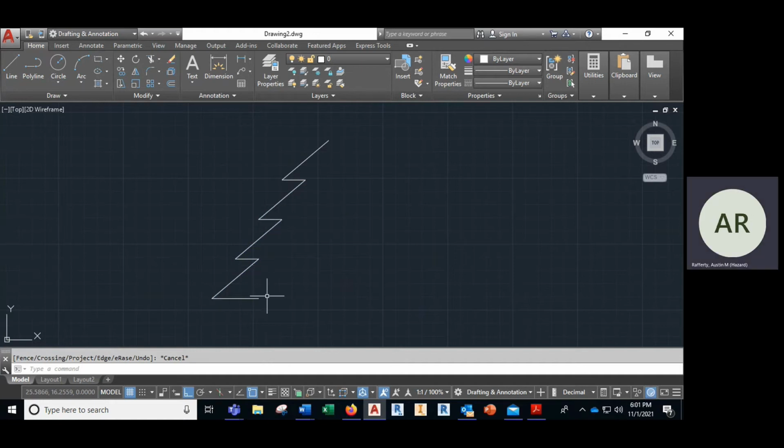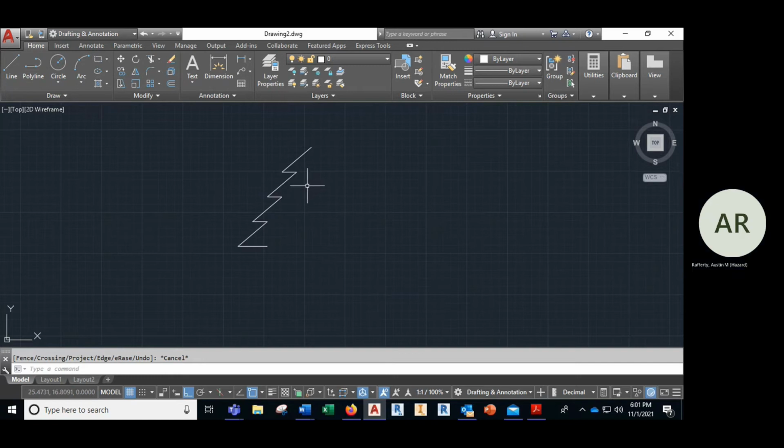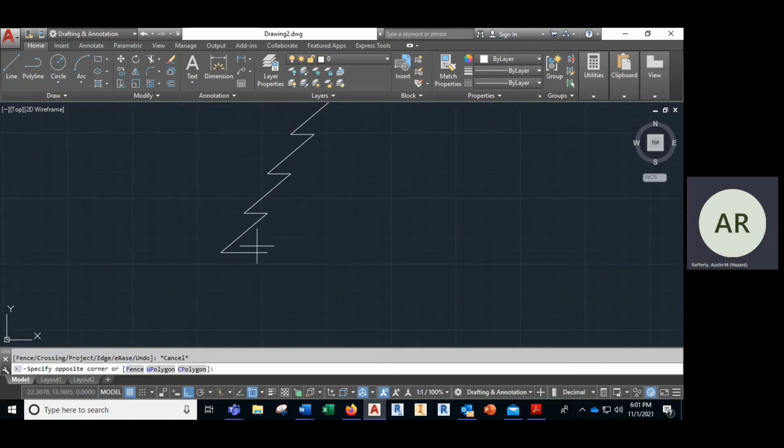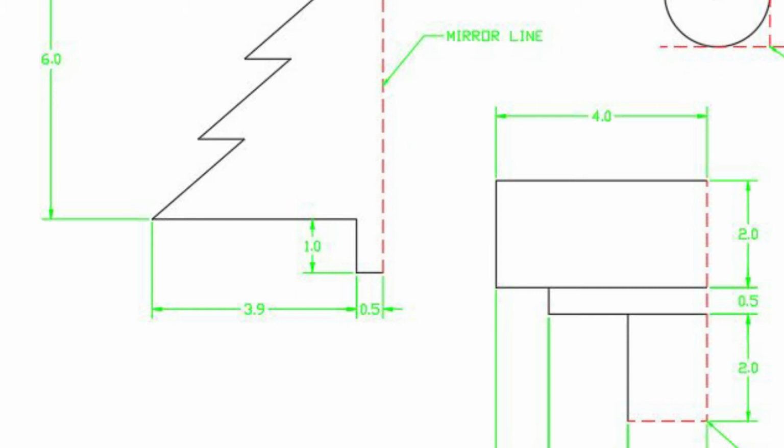So now I've got this side of my object completed. Now, the next thing, this line here right now is not long enough. So I'm going to delete it, and I'm going to draw a line at the length that it gives me. So I'm going to start a line from endpoint. I'm going to pull it to the right, and the dimension it gives me is 3.9